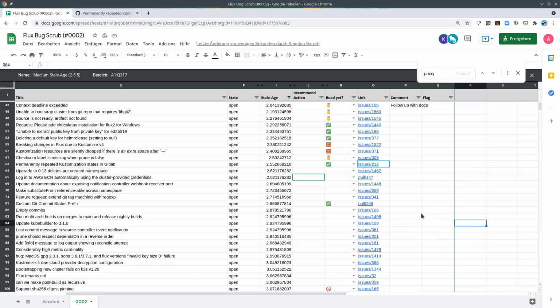So there's a process that I built that generates this whole sheet from a CSV export and adds all of the data like stale age and things that we want to include, and the short link that is friendly and easy to click on. And it copies all of these status notes over. So we can reference the new sheet with all of the new age information and with any closed issues dropped, so we don't have to look at them at all. And it will copy all of the state data. So if last time we said the issue was